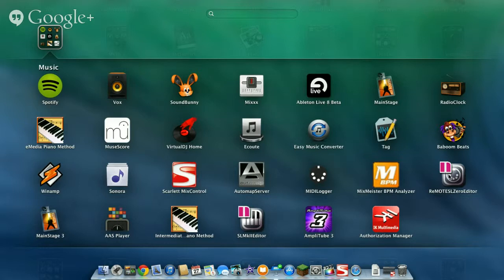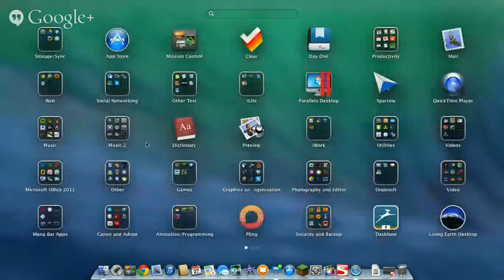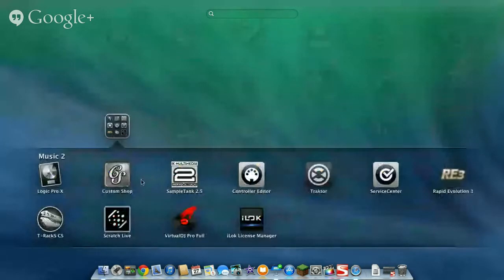the editor for the Remote SL, Innovation, Mainstage 3, AAS Player, Intermediate Piano Method by eMedia, SLMK2 Editor, Amplitude 3, and the IK Multimedia Authorization Manager. Here's my second music folder. I have Logic Pro 10, Custom Shop, SampleTank 2.5, Controller Editor, and Traktor, and Service Center from Native Instruments,